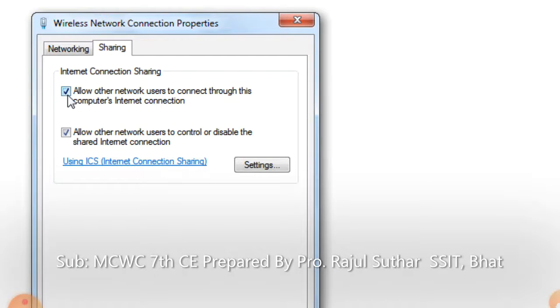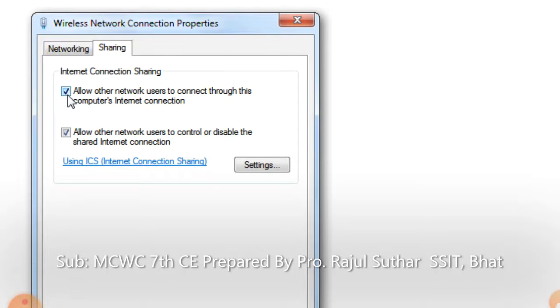Then the wireless network connection properties. Here is the internet connection sharing option. By clicking on the checkbox, you can allow other network users to connect through this computer as well as to the internet connection.